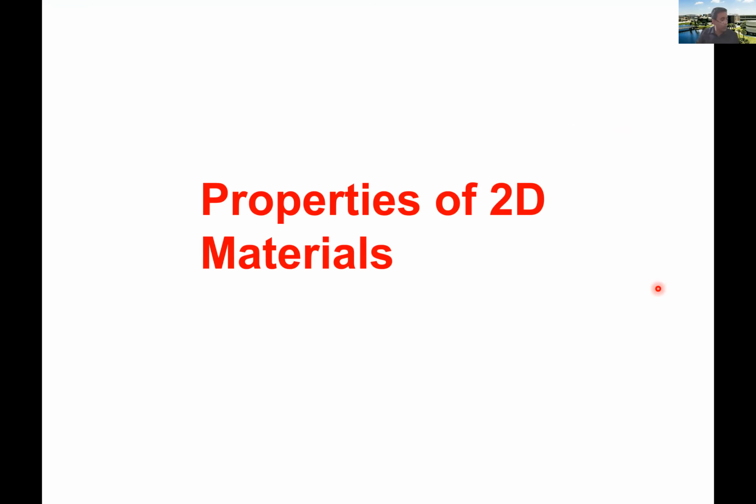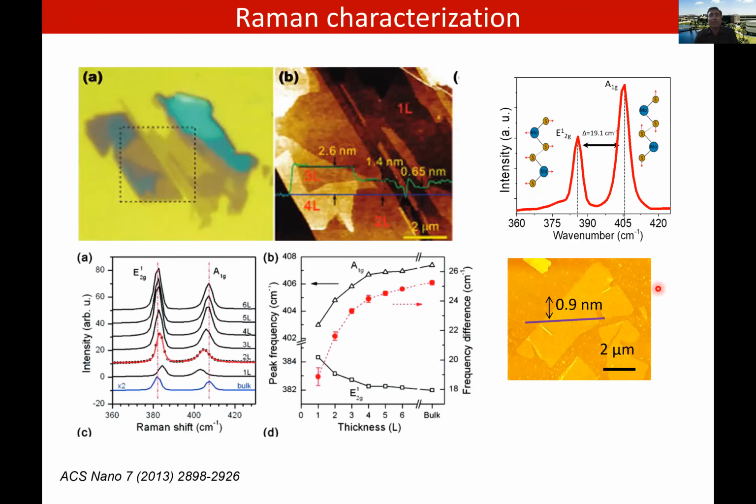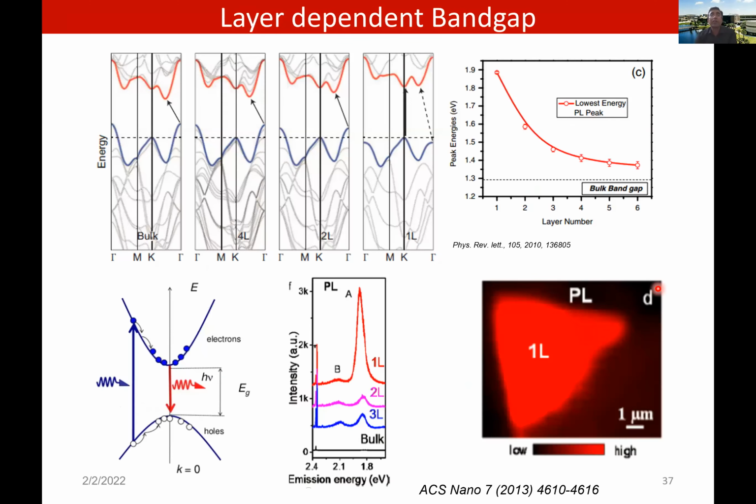I'm just going to briefly talk a little bit about the properties. They have many layer-dependent properties. As I said, the Raman signatures depend on the number of layers because Raman measures the vibrational features. So if you have 2 or 3 layers, their vibrational features are different from a single layer of graphene. Very important, I'm sure in IEEE people may be interested in optoelectronic properties, and so they have a layer-dependent band gap. In single layer, it's about 1.85 for molybdenum disulfide.